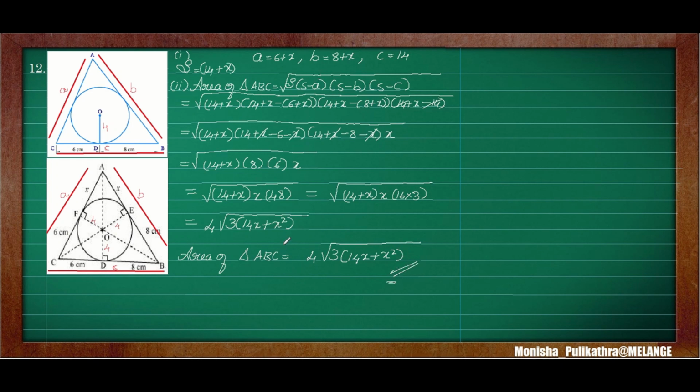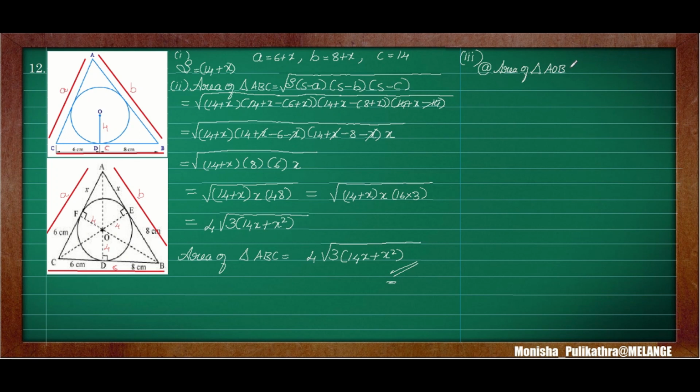Okay, this is the second section. First section is to find out the sides. Second section is to find out the area of triangle ABC. Next, in the third section, we need to find out area of all the separate triangles. The separate triangles are, one is AOB triangle, next is BOC triangle, and the one is AOC triangle. In third section, first I will find out area of triangle AOB.